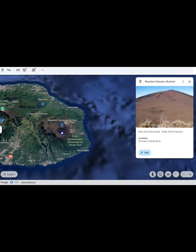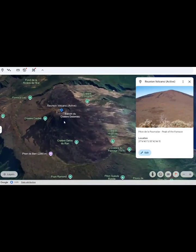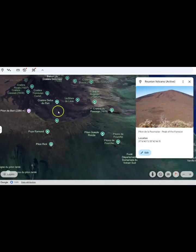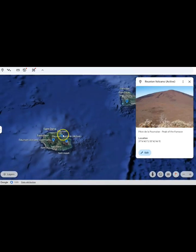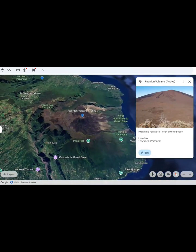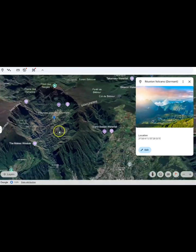And that hotspot is a particularly thin layer of the crust where the mantle often likes to send out magma and has continuously done so for a very long time, and it looks like it's going to continue. It's not showing any signs of slowing down. But whether it be this active volcano on Réunion, whether it be this dormant volcano on Réunion with a very pleasant village inside of it,